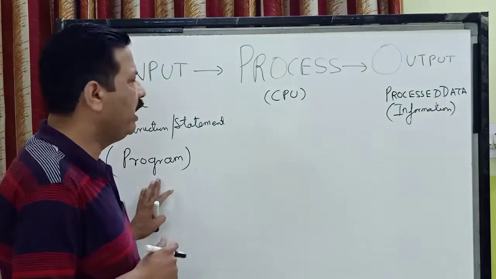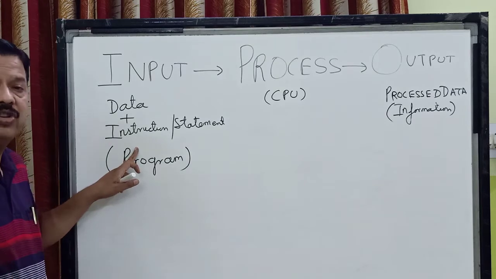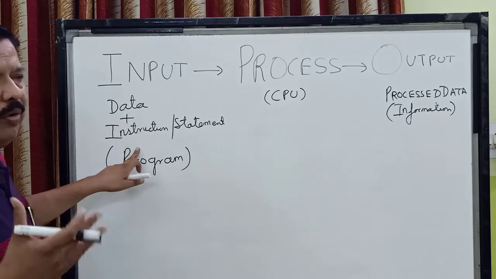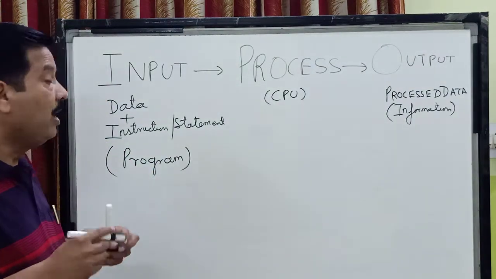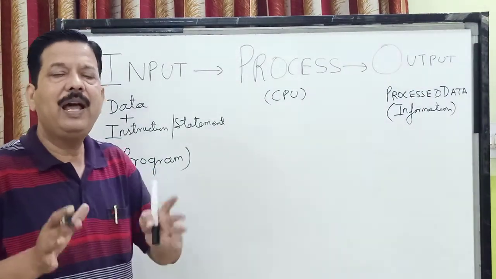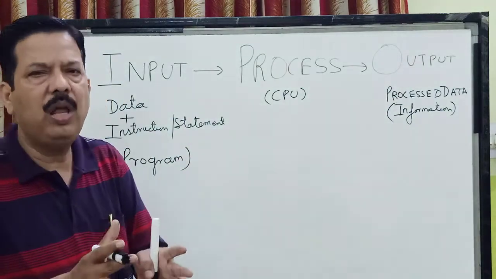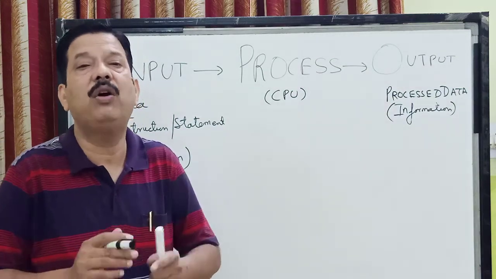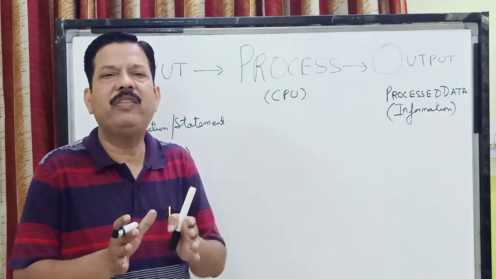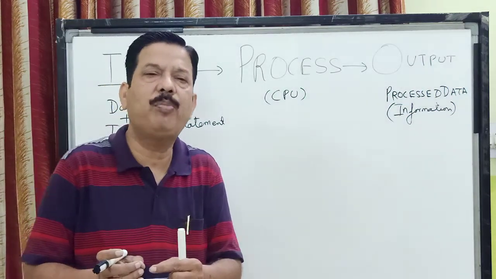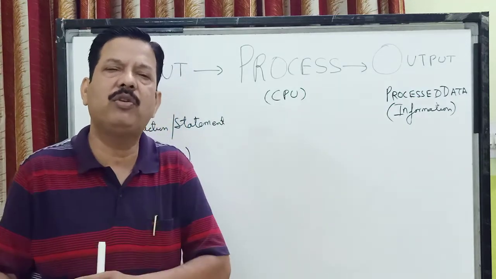Now children, we say that a program contains a set of instructions, more than one instruction, and we write a program to carry out a particular task. So a program is a set of instructions in a computer language given to the computer in a particular order or sequence to carry out a particular task. And apart from giving instructions in the program, we sometimes also provide data in the program, and sometimes we provide data at the time of execution of the program.